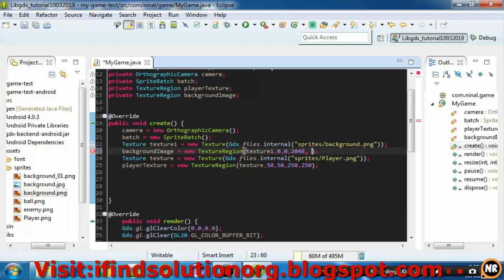It is not intended if you are an advanced programmer of Libgdx games. This video is not intended for you. This is only for absolute beginners. So, texture 1,